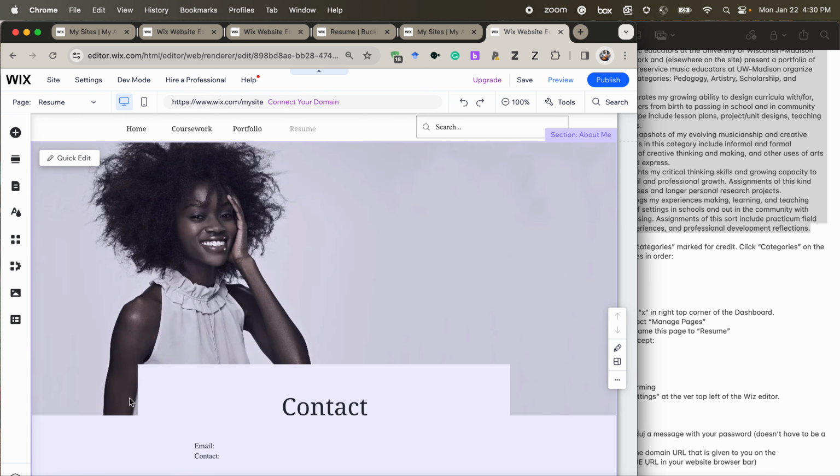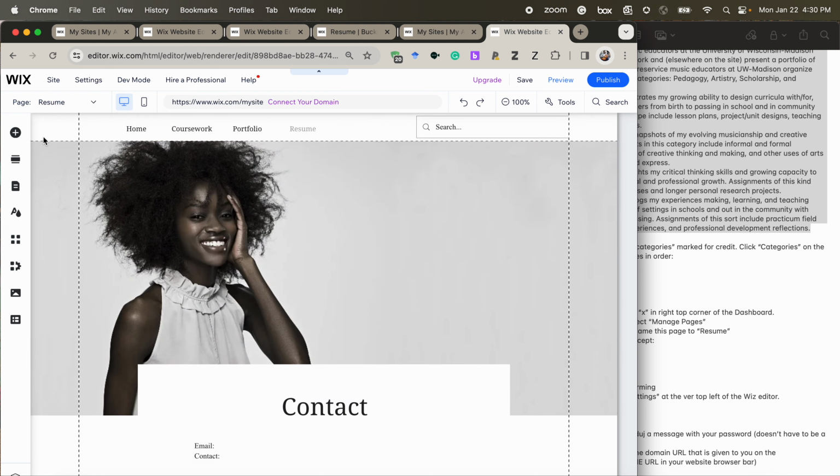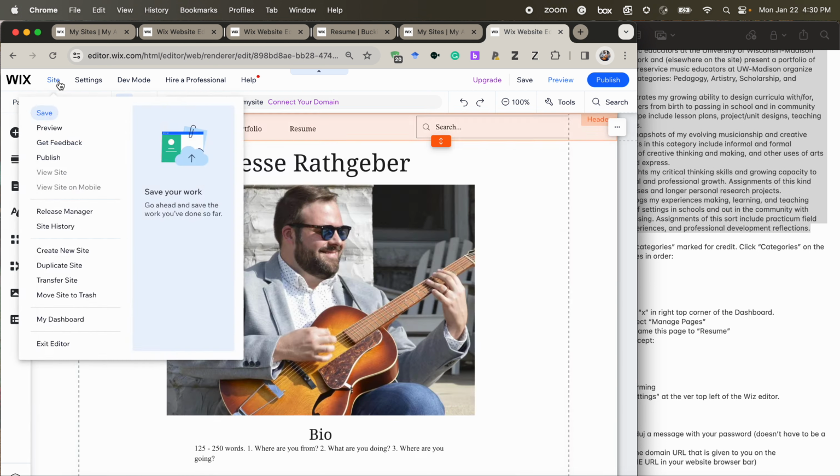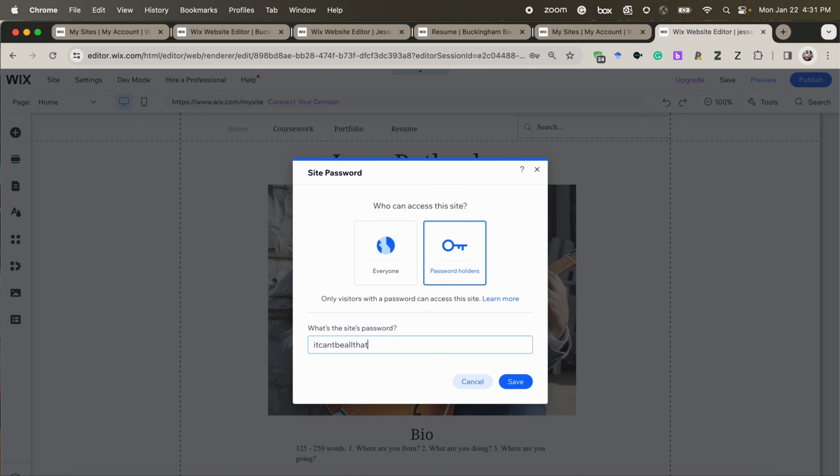And so all this takes is, finally, I'm just going to go back to my main page, doesn't really matter. But I'm going to click on settings at the very top, right here, settings, and scroll down to site password, password holders, and then set a password. It can't be that long. It can't be all that long, because if you notice, it stopped doing it, right? So that's 1, 2, 3, 4, 5, 6, 7, 8, 9, 10, 11, 12, 13, 14, 15